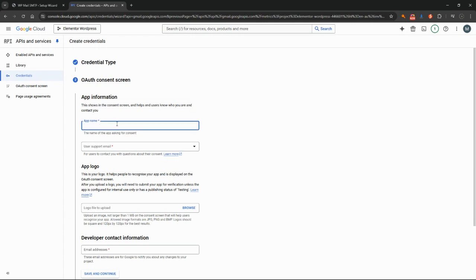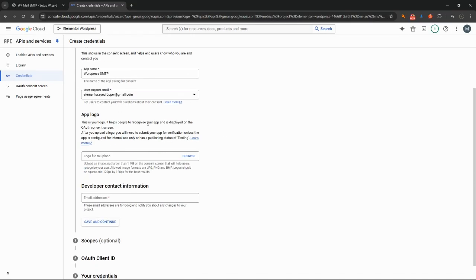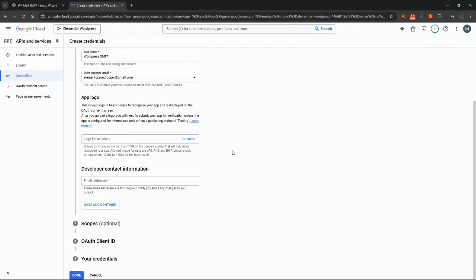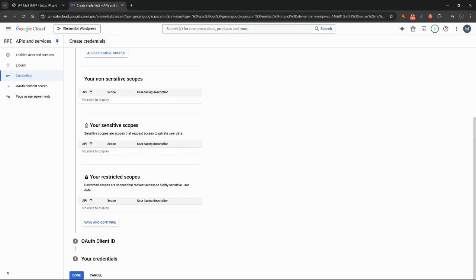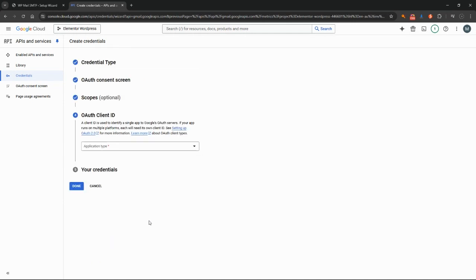So let's just call that WordPress SMTP, the email support that we're going to use. Selected the email address that we've got with this account. Now for the developer contact information, we'll just put the same email address in there. I'm going to click Save and Continue. For the restricted scopes, we're not going to change anything there, just going to click Save and Continue,